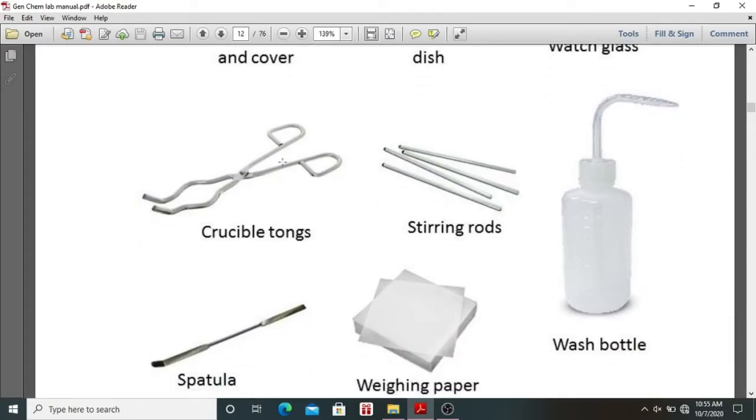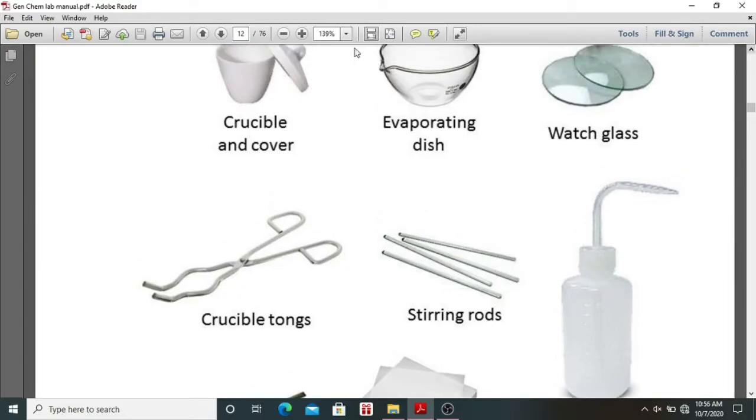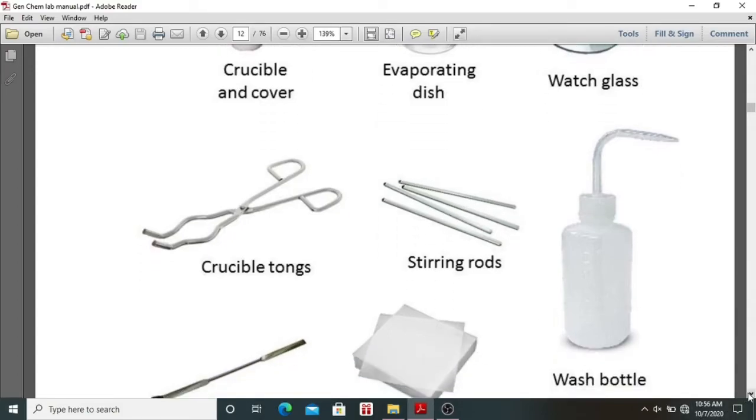Then you have crucible tongs. This is actually used for holding your crucible. If the crucible is heated at a higher temperature, you can use crucible tongs to hold your crucible. Then stirring rods are used as a stirrer,